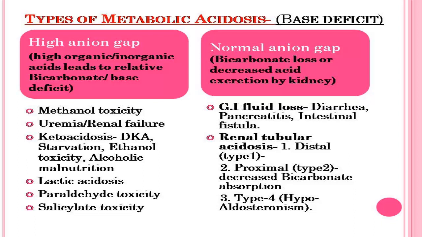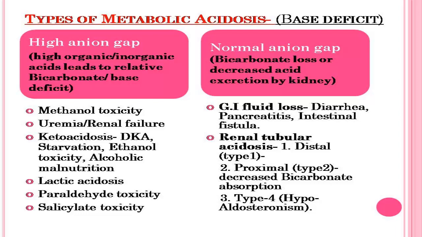I think it is clear. So I am again marking up: the metabolic acidosis is due to bicarbonate deficit, and respiratory acidosis is due to the dissolved carbon dioxide excess. Metabolic acidosis is base deficit and respiratory acidosis is dissolved carbon dioxide excess. Remember it clearly. For the rest of the life, you have to remember it clearly. Okay? Now, next slide. Now we have come to the end of the presentation.